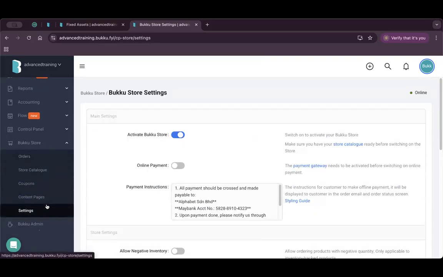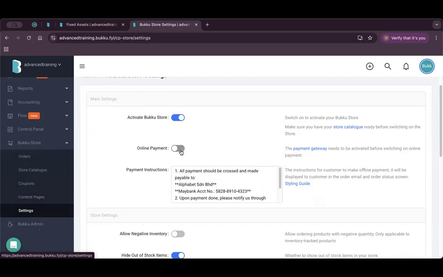So Bukku Store, quite a number of users are unsure about what this feature is. It's actually something like an online mini store, an online e-commerce platform for you to sell items online. It's just like an online shopping website. So what you can do is come to settings and activate this Bukku Store, and then here,